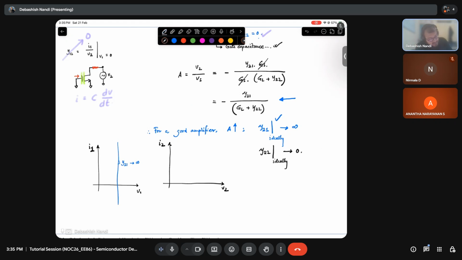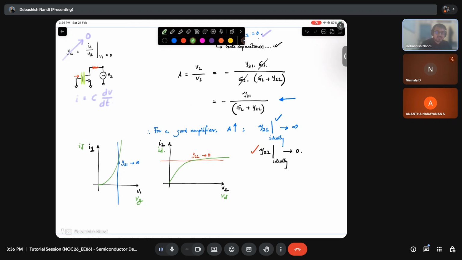And what about this? This gives me this kind of behavior, where the slope Y22 tends to 0. Now what is my drain and source terminal? What are the terminals? So this is nothing but my Id, this is nothing but my Vg, this is nothing but my Vd, and this is nothing but my Id. So that is why if I draw my characteristics